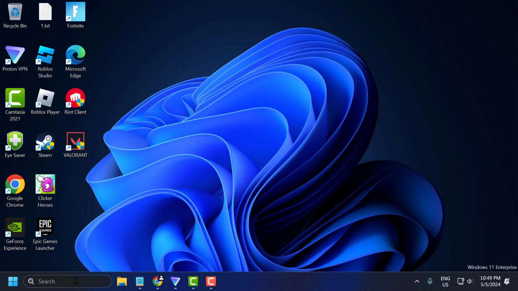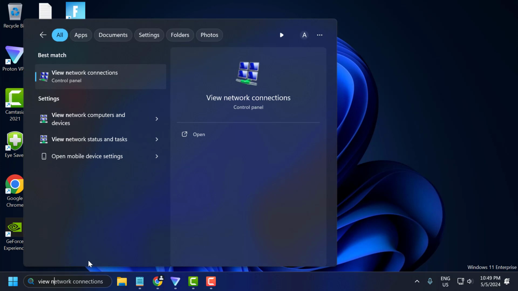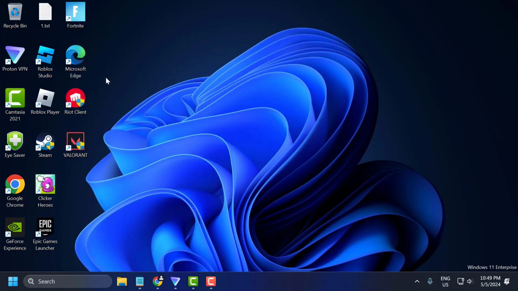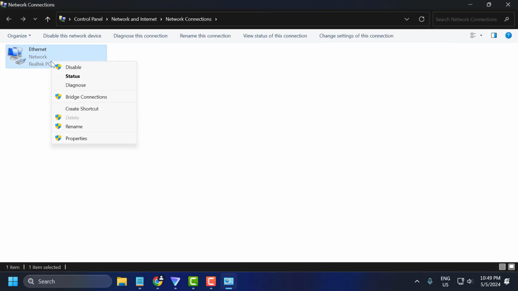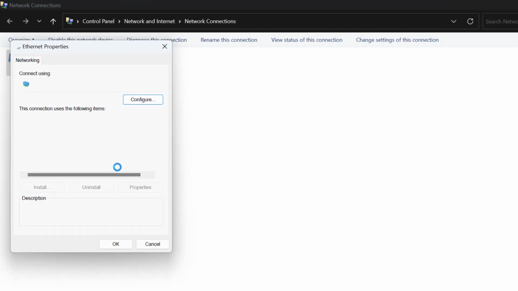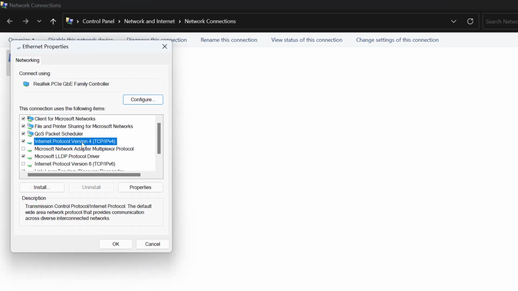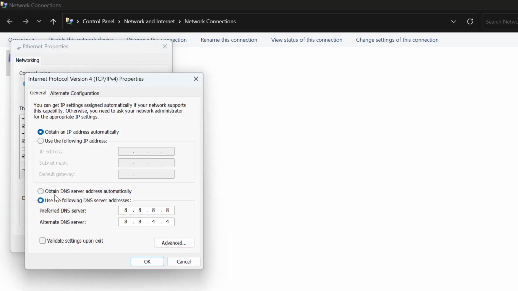To do this, go to search menu and type view network connection. Click on open it. Right click on the internet you are using and select properties. Select Internet Protocol version 4 and select Properties. In here you just need to select use the following DNS server addresses and type here